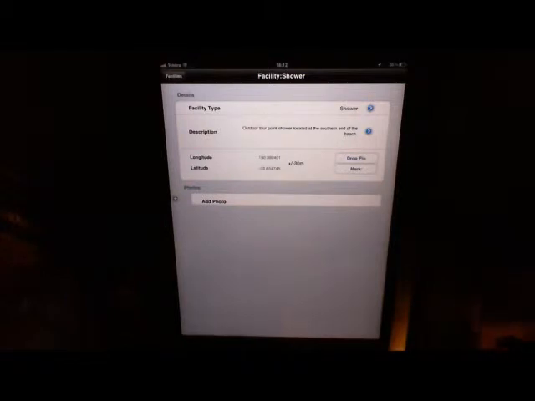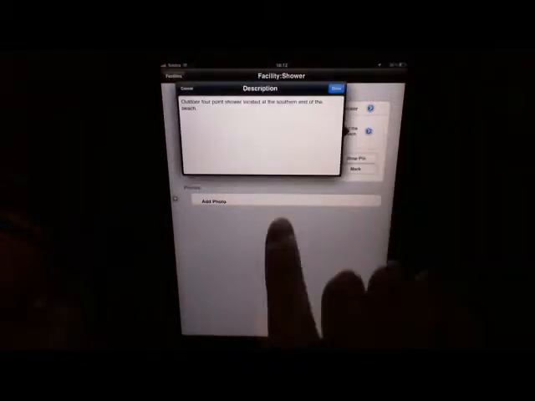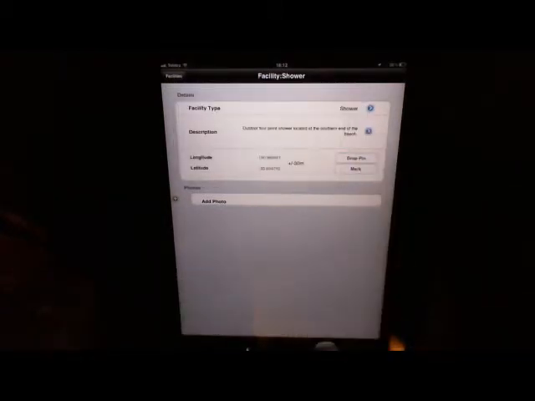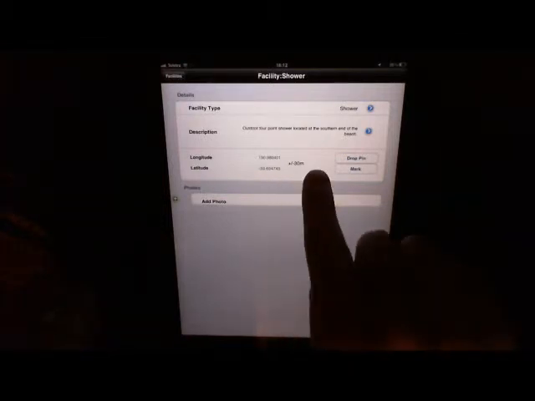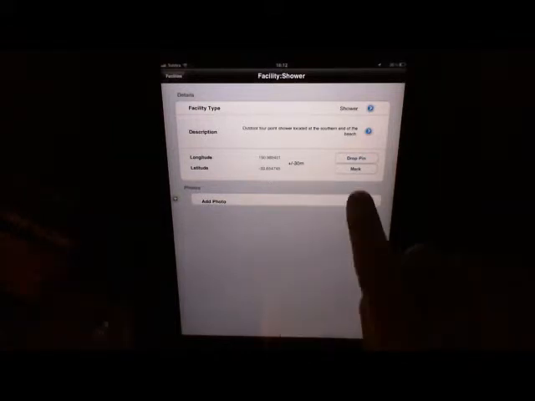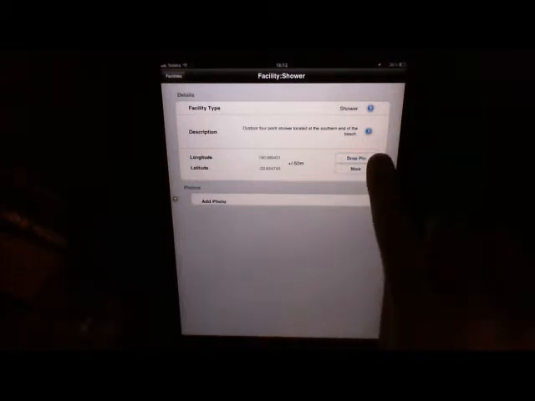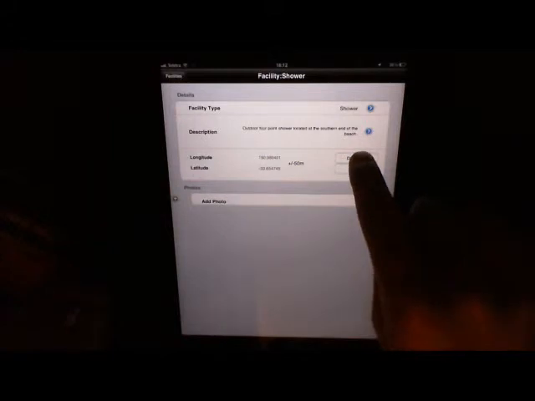If I made a mistake and I want to edit that area, I just hit the blue arrow again, and that brings that up to be edited, but I'm happy with that, so I'll hit done again. Now the next thing we want to do is mark the location of the facility. So if we're getting an accurate reading from the GPS, we can just hit the mark button, but if we want to either check the location or maybe move the pin to a more accurate location, we can select drop